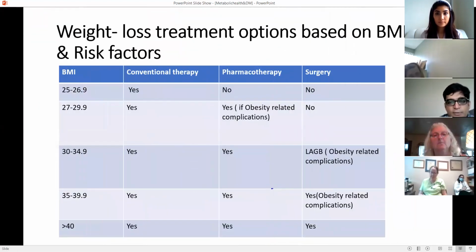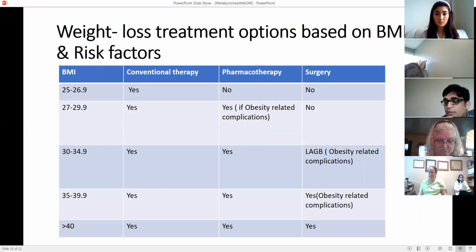So yeah, what are the indications? When will the insurance pay for it? So we have to take this into consideration. I will start from here. If the patient has a BMI which is more than 30, and most of our diabetics have a BMI more than 30, then